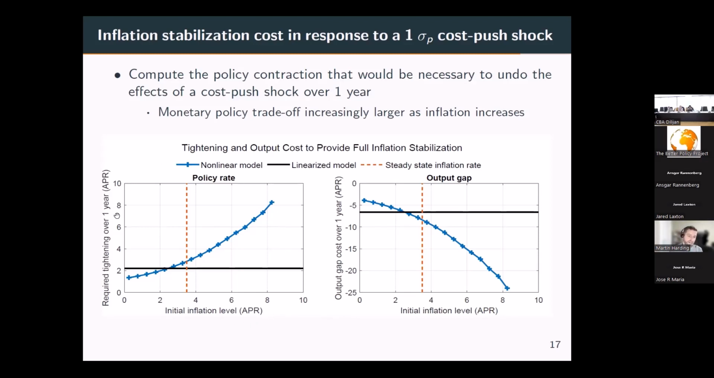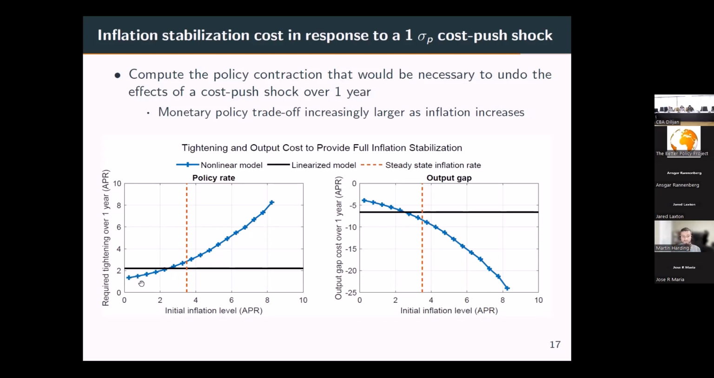So the left-hand side chart here is showing you that in the linearized model, again, in the horizontal black line here, in order to fully undo the effect of a cost push shock over 1 year, you need something like 200 basis points of monetary tightening, okay? Now, in the nonlinear model, you have this blue line here, which says, if the model is in a state where inflation is low before the cost push shock hits, you're going to actually need less tightening than in the linearized model. And why is that? That's because the effect of the cost push shock will be somewhat muted in